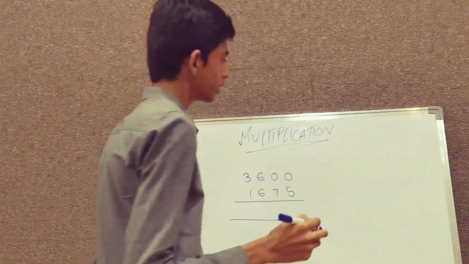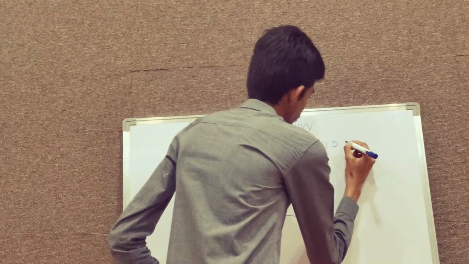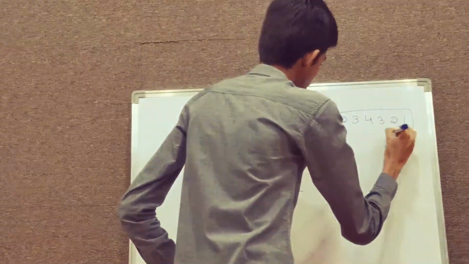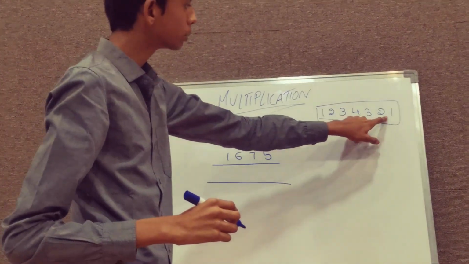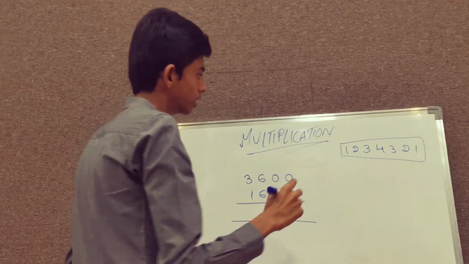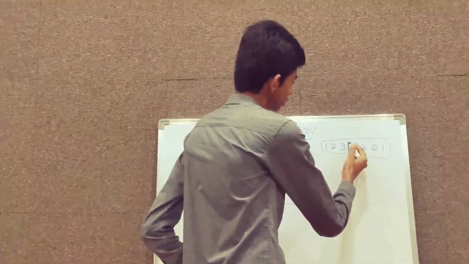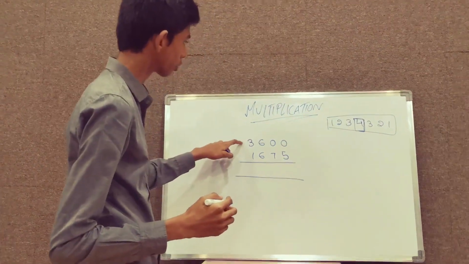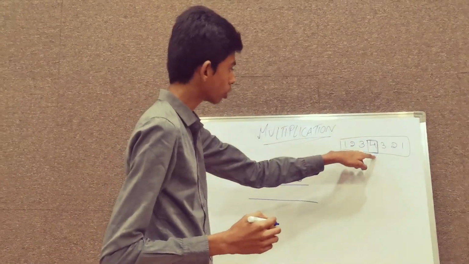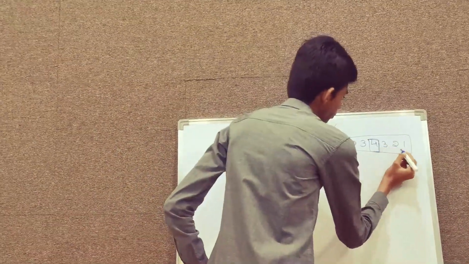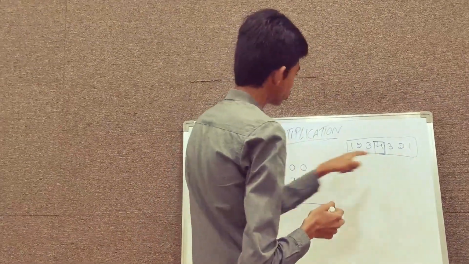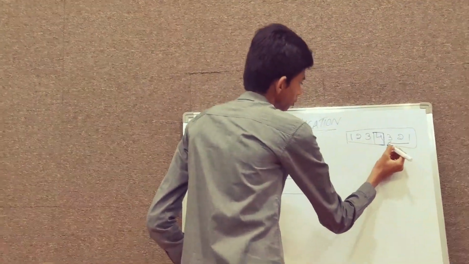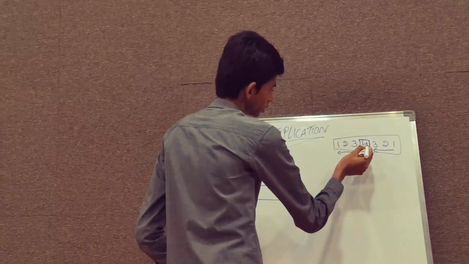To solve this, first we will take the number format. So here these numbers resemble the number of columns present in the multiplication, and these are the steps. Here this 4 represents the highest number of digits present in the upper or the lower row. So here there are 4 digits, so 4 columns are the highest. And then this 1 represents the first column, and then 2 represents the first 2 columns, and then 3 the same. So here the number of columns is increasing, and then after reaching the highest number of digits it is decreasing.